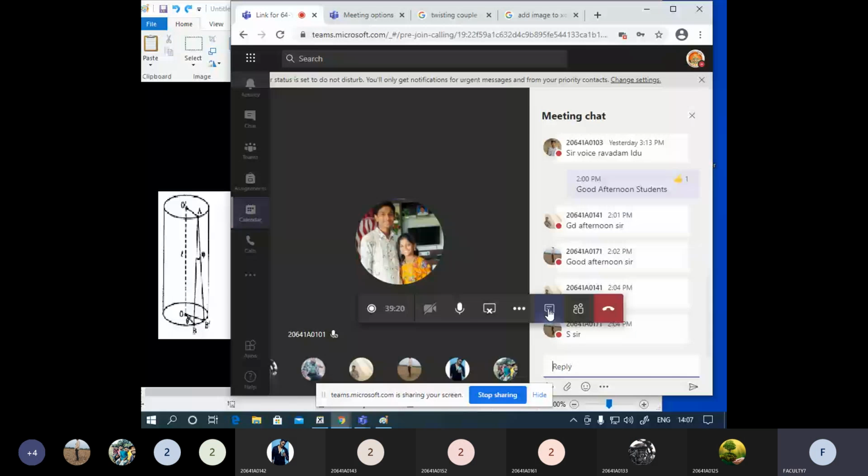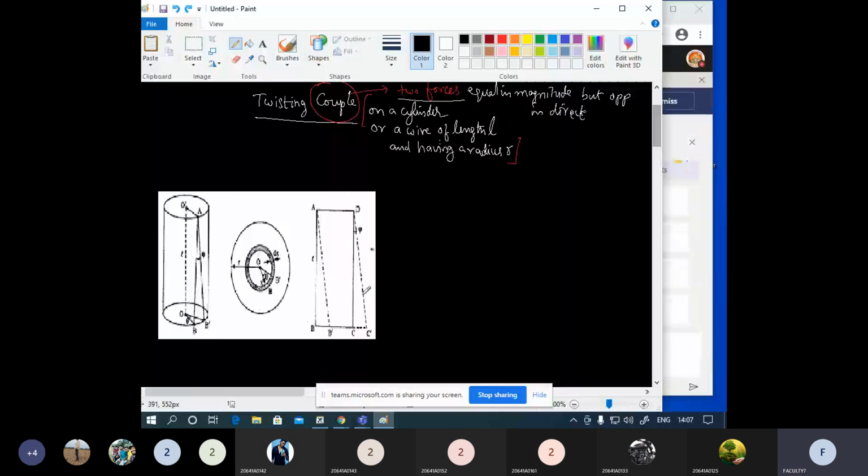Okay, now let us see what this particular diagram is. Let us draw the diagram. It is just a rough diagram I am drawing, but I am going to utilize this diagram. Now here, what is the thing? Let us draw.